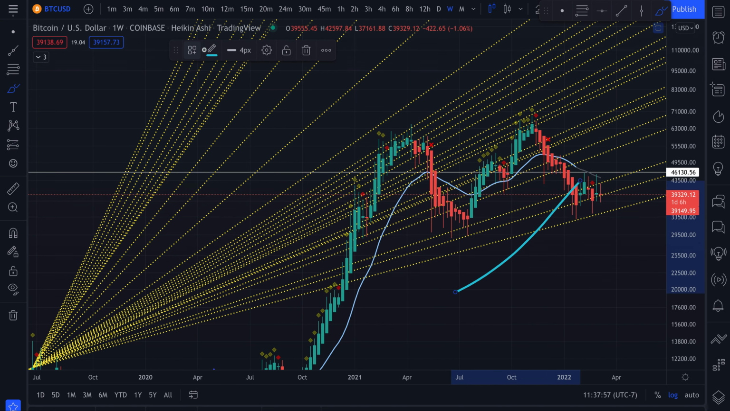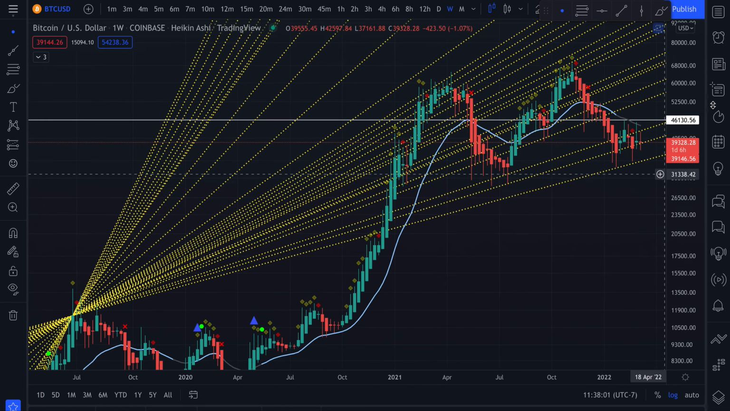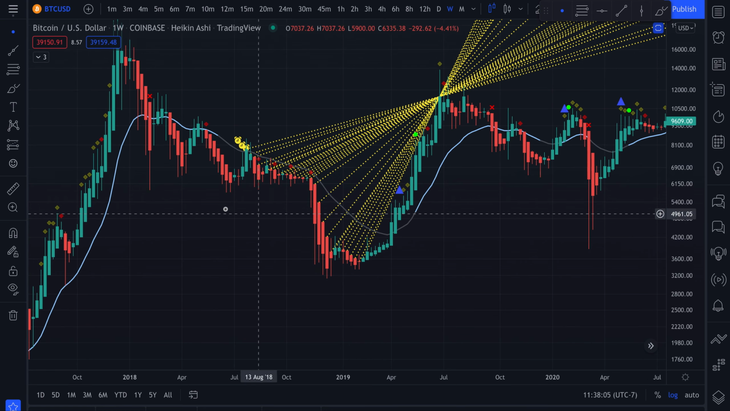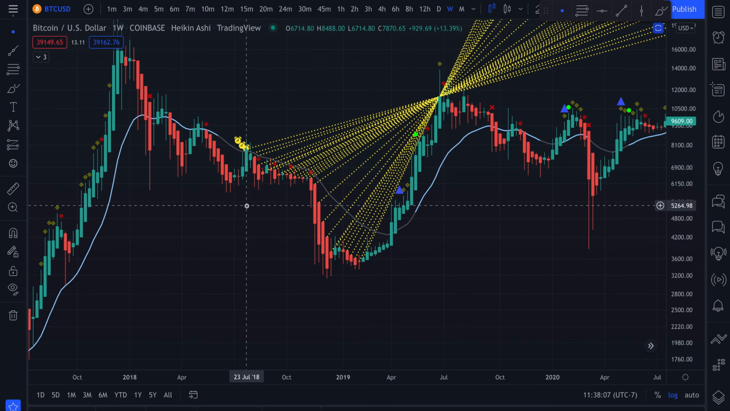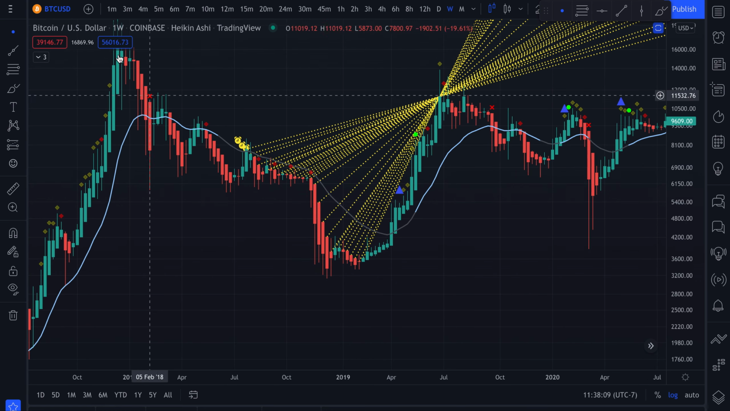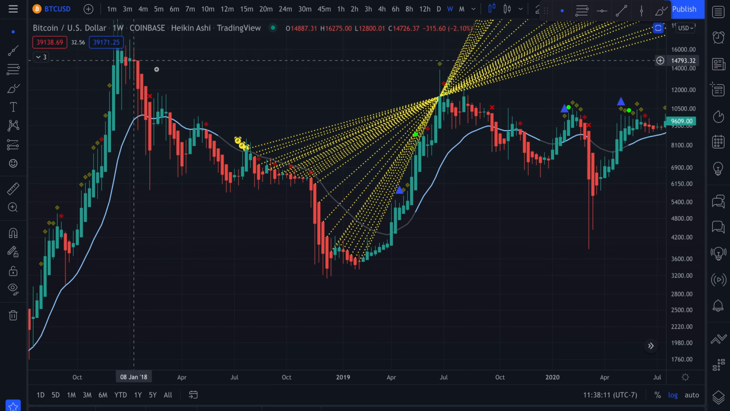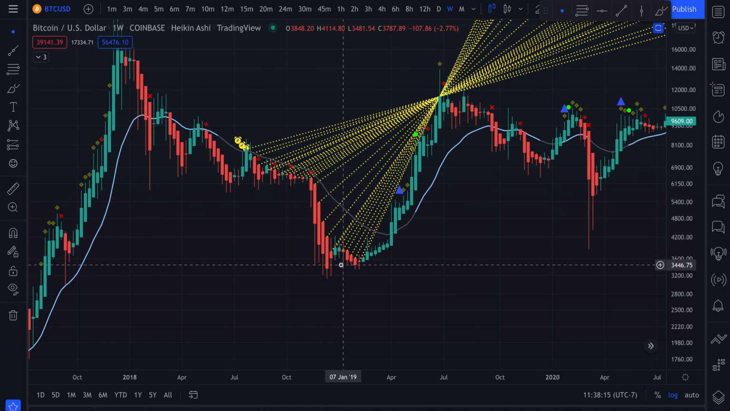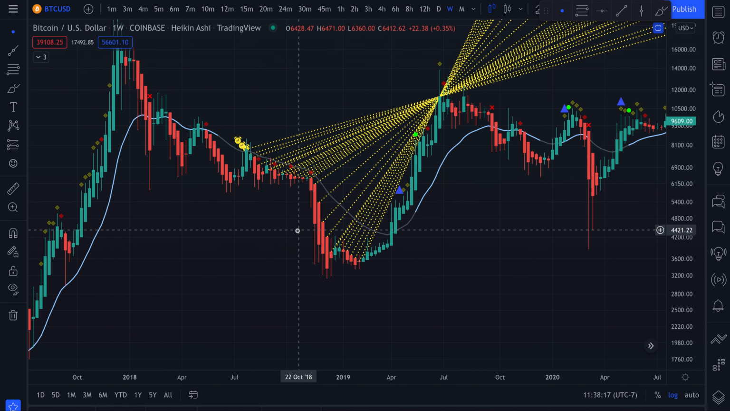Back all the way to June 23rd of 2018. Back in 2017, 2018 was considered a bear market, and Bitcoin moves in